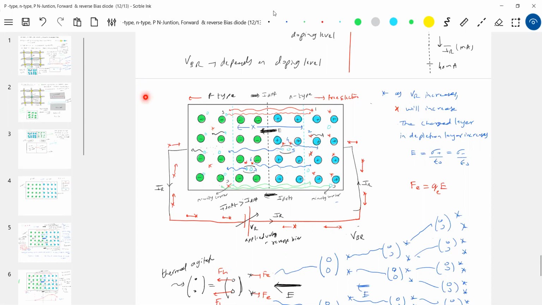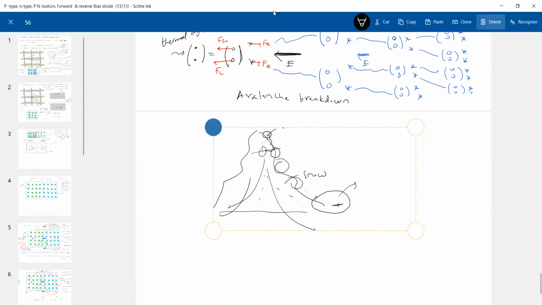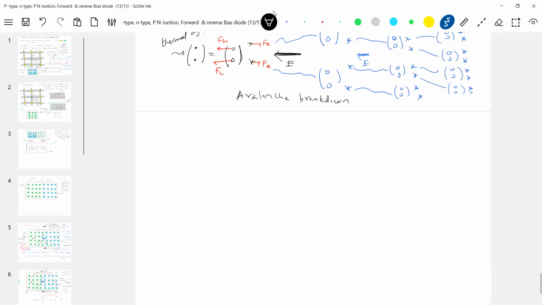So the reverse thing is what happens. If any free electron is captured by a hole, we get a valence electron. If a valence electron is pulled from the valence band, what do you get? One hole and one free electron. So what is next is called the Zener breakdown. Now what we had was the avalanche breakdown. The next breakdown is what I'll call the